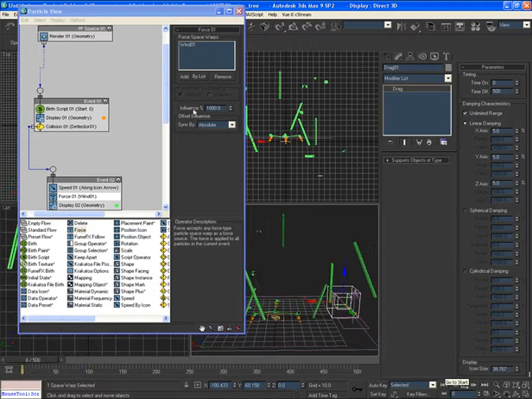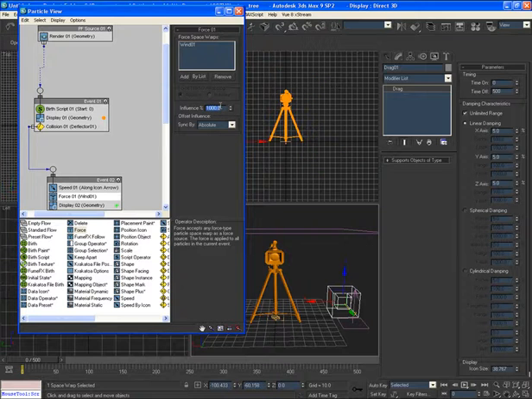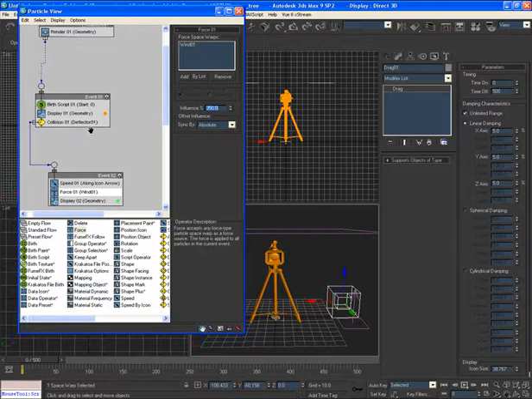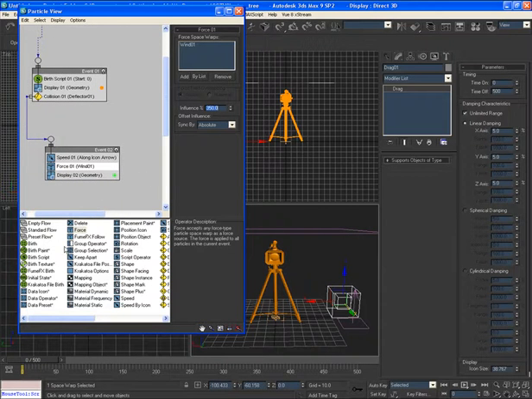Alright, so what I can do is decrease the influence, okay, so that wind is not affected too much, and